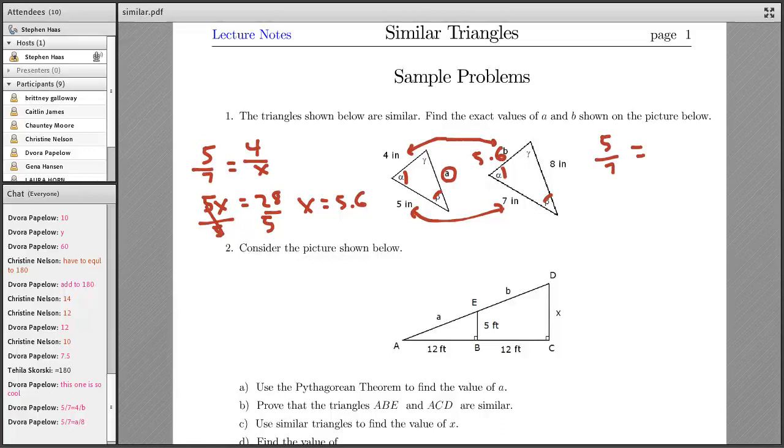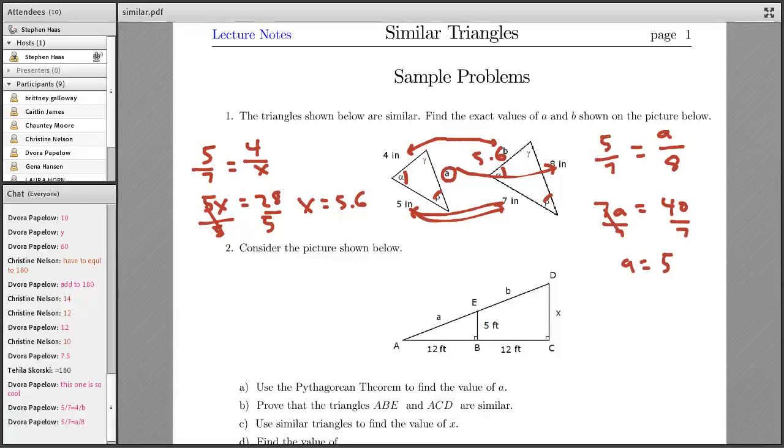As A is to 8. That's the same ratio because the two triangles are similar. Let's cross multiply. 7 times A is 7A equals 5 times 8, which is 40. Then divide each side by 7. And A equals 40 divided by 7, which is